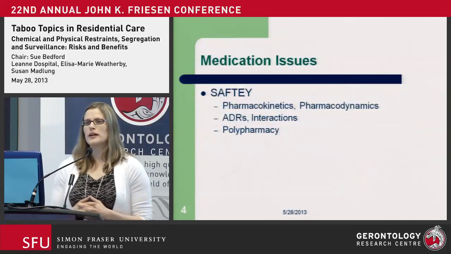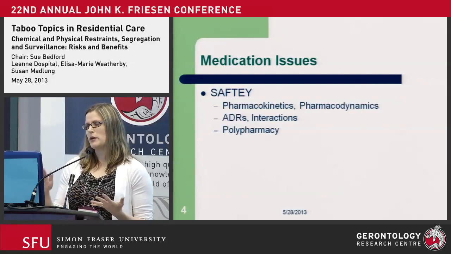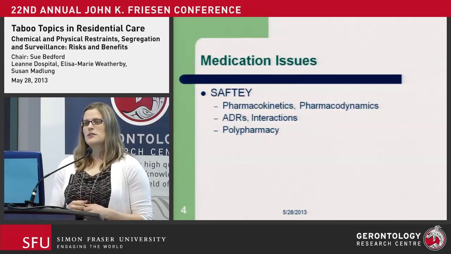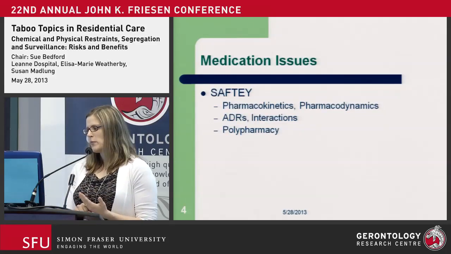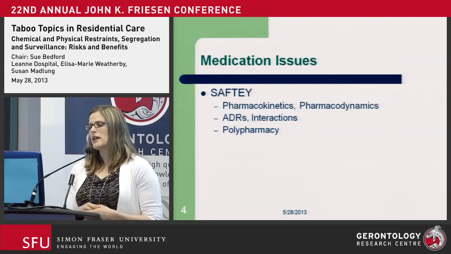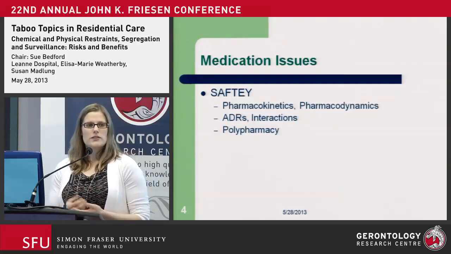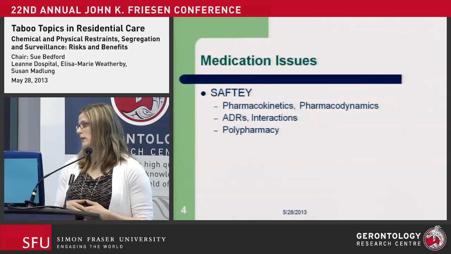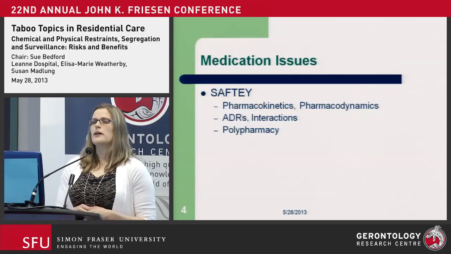So in general, when we're looking at medication use in all patients, doesn't matter if you're a pediatric patient, an adult, or an elderly patient, we have to consider safety. When I think of safety, I think of how the drug is being processed by the body, what the drug is actually doing in the body, like what is the effect, and how that changes depending on the age of the patient. What type of ADRs is the patient at risk for, depending on interactions with other medications they may be on? And this term called polypharmacy, you're hearing it a lot more now.